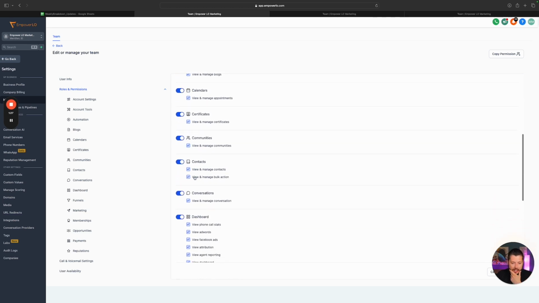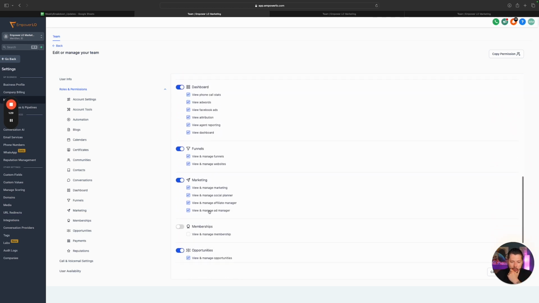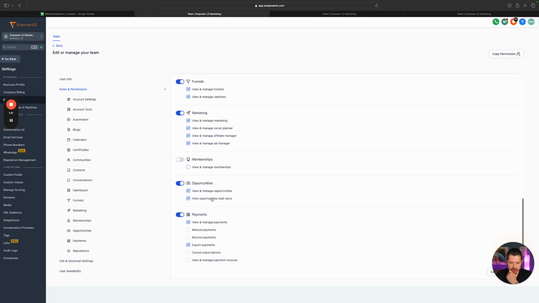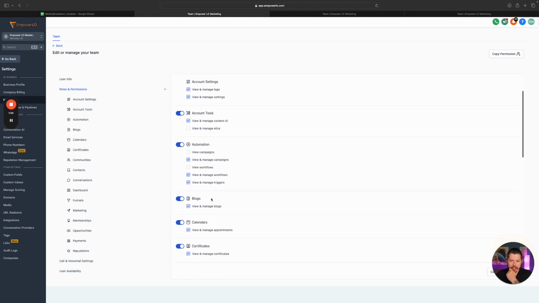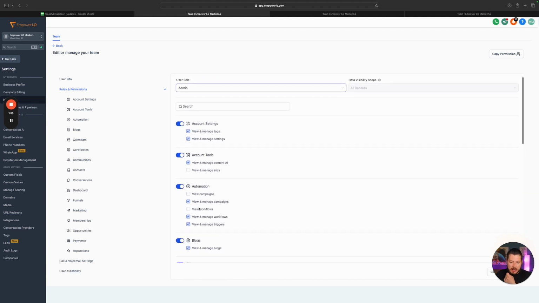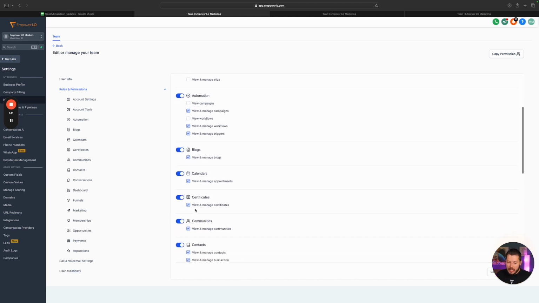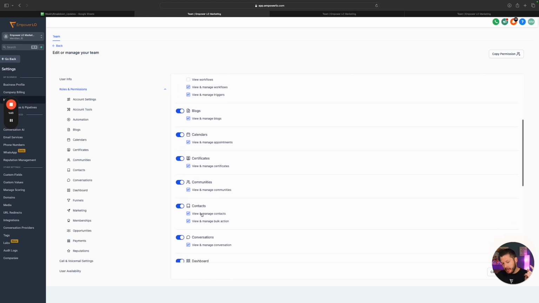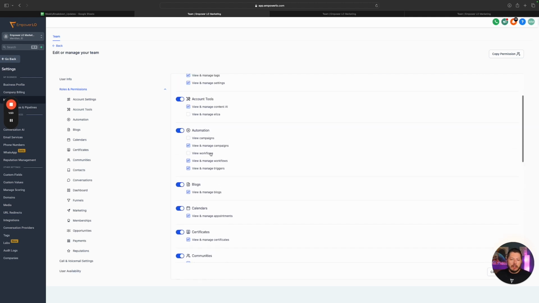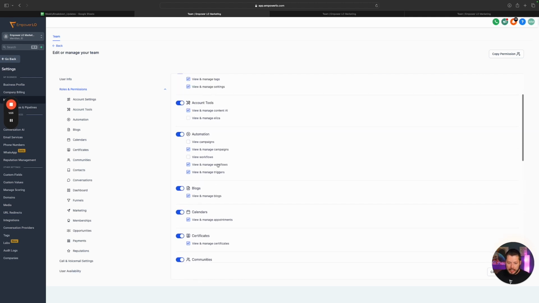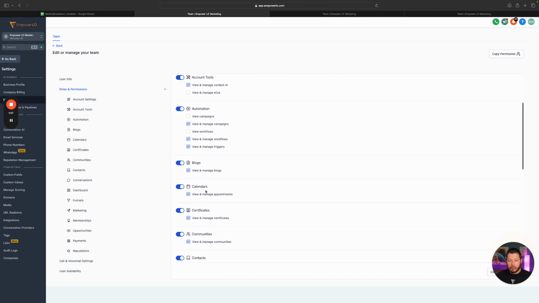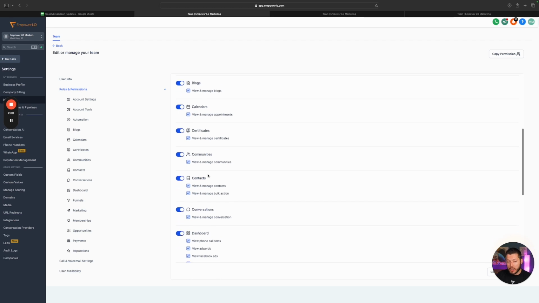Being able to come in here, now they've separated that only on workflows, it looks like right now. Yeah, it looks like workflows and campaigns are the only places that they've created that separation right now. But based on how HighLevel operates, the fact that they have all of these labeled as view and manage contacts, they're basically previewing what this is going to look like in the future for all of these. So I expect that soon we'll be able to limit view or manage for every single module in here,